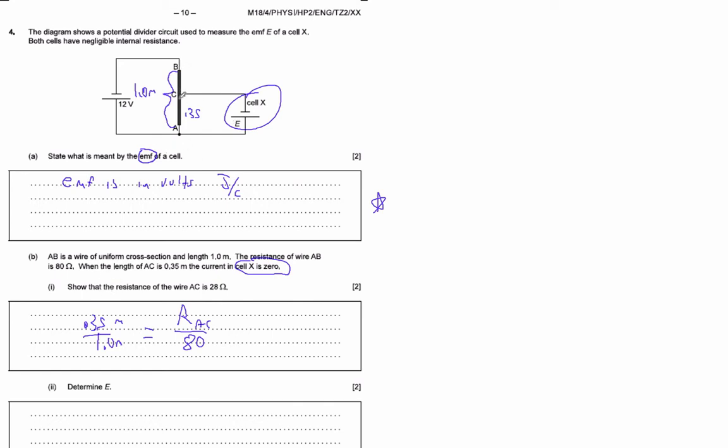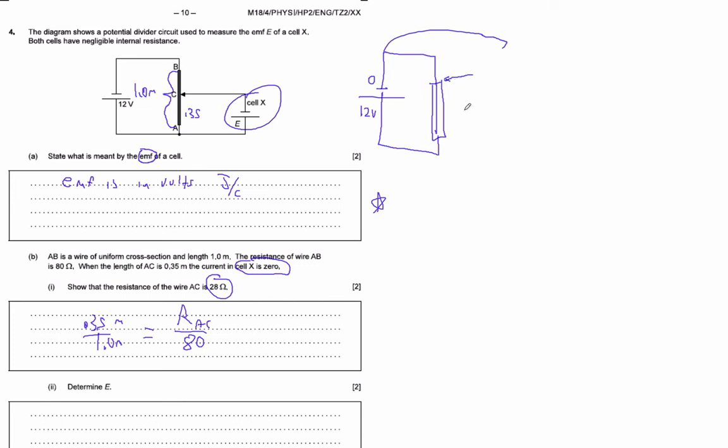So the potential right here on this whole thing is going to be the potential of this cell. Then the question is, what's that potential? Well, we can do another ratio here. We can either do the 0.35 to 1, or we could do the 28 ohms to the 80 ohms. But just imagine I've got this giant resistor. Let's take the other things out of it. This is going to be 12 volts. This is going to be 0 volts. So if I take a voltmeter and compare this voltage to this voltage, at the very bottom of this, or the top of that,